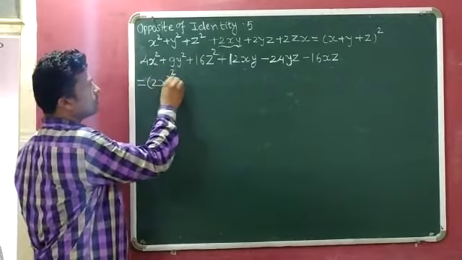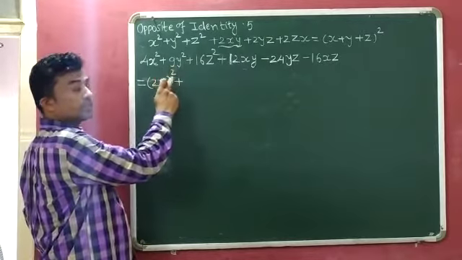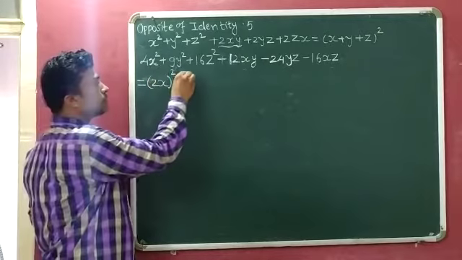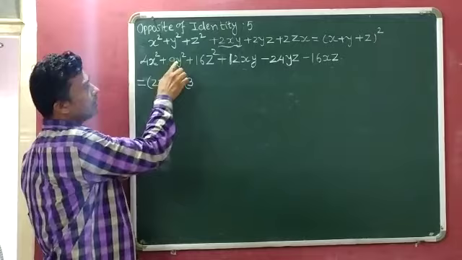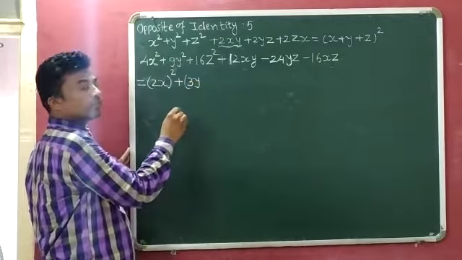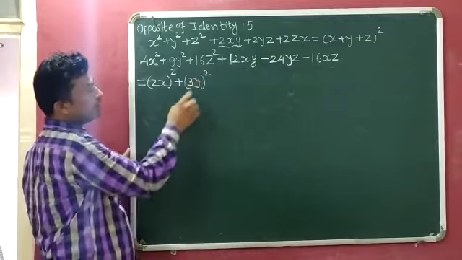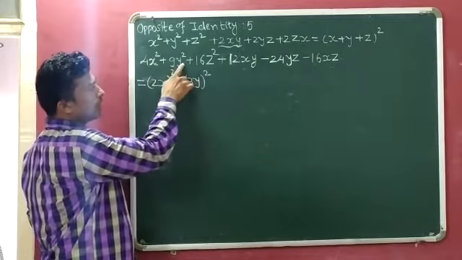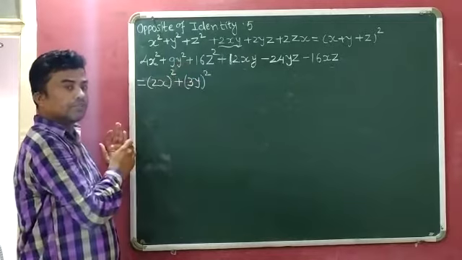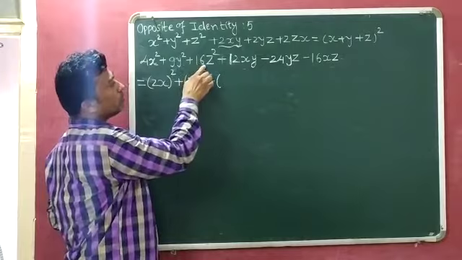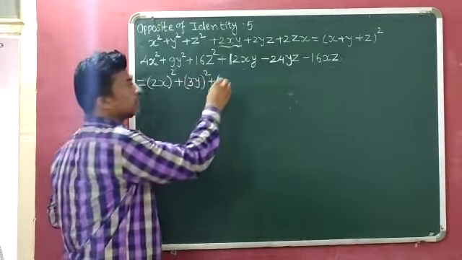This plus, then plus. Now we will find the square root of 9y square. So what is the square root of 9? Square root of 9 is 3. And what is the square root of y square? Square root of y square is y, and the square. Now see, 3 square, so 3 threes are 9, y square. So our arrangement is right. Plus, then plus. Now square root of 16. Square root of 16 is what?